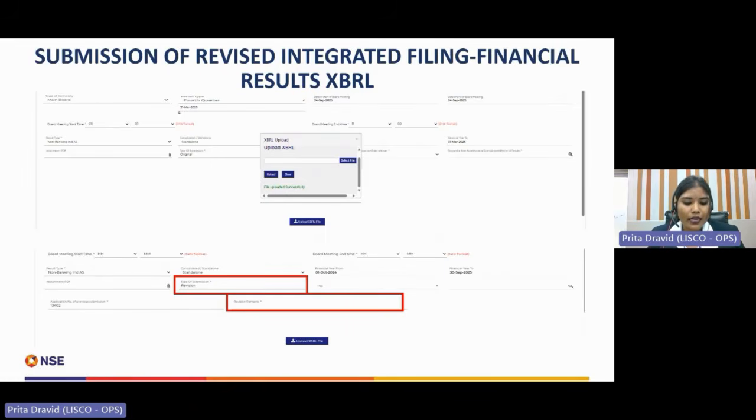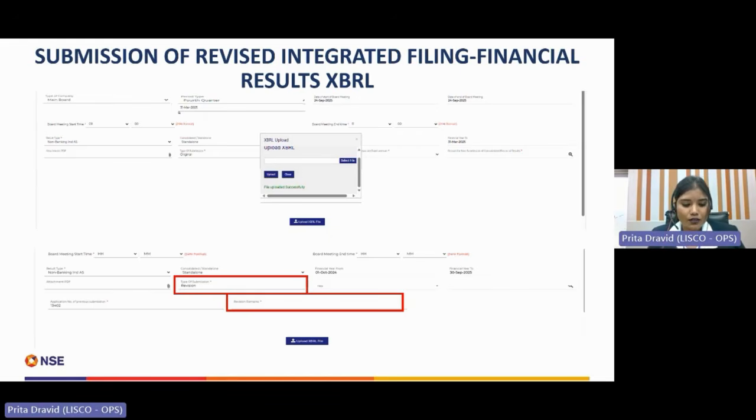It has been observed that XML files are being re-uploaded after the file uploads successfully. Please do not attempt to upload the same file again. Please note, if the company faces any error while uploading the XBRL, they may connect with the Exchange official for the resolution. Once the file is uploaded successfully, the company shall ensure the submission is reflecting correctly on the NSE website.